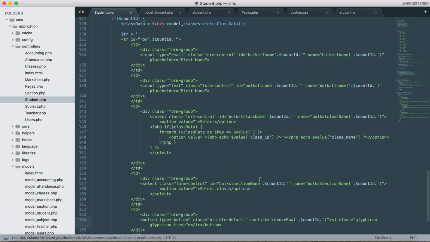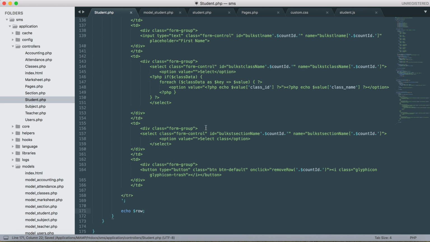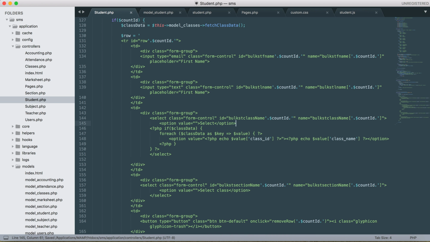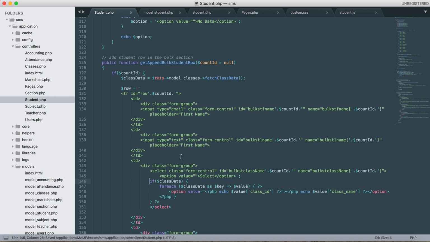So we need to update this part also. Before this, let's give this as a row. I think this looks better, so let's give this as a row. Okay, so for this we'll just close this one and give this row this and change this to